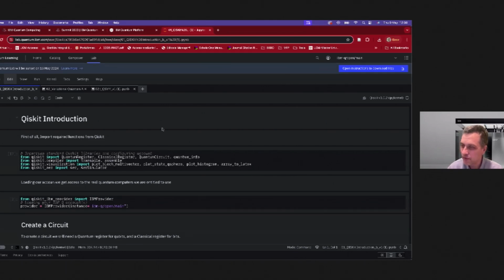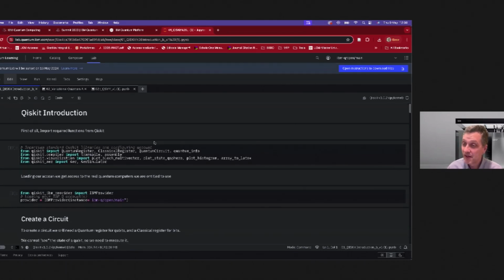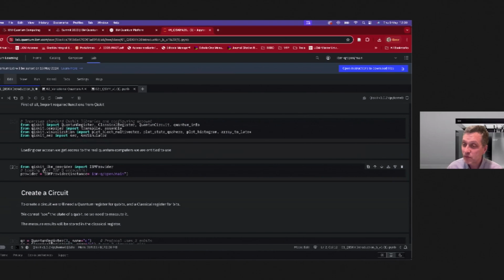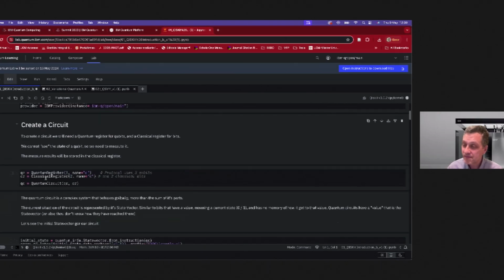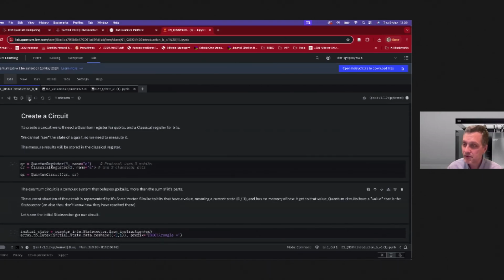For a quantum computer, we work with a quantum circuit. What is a quantum circuit? A quantum circuit is the unit of calculation. The qubits are the unit of information. The circuit is,